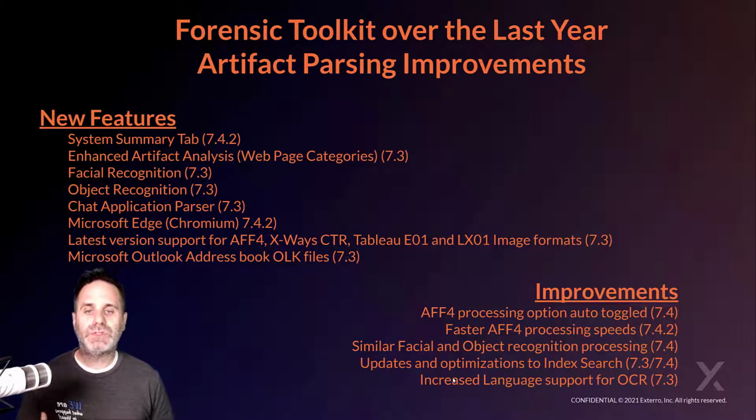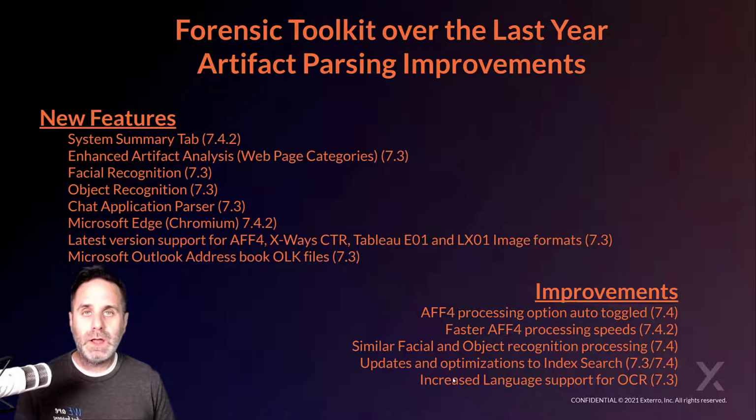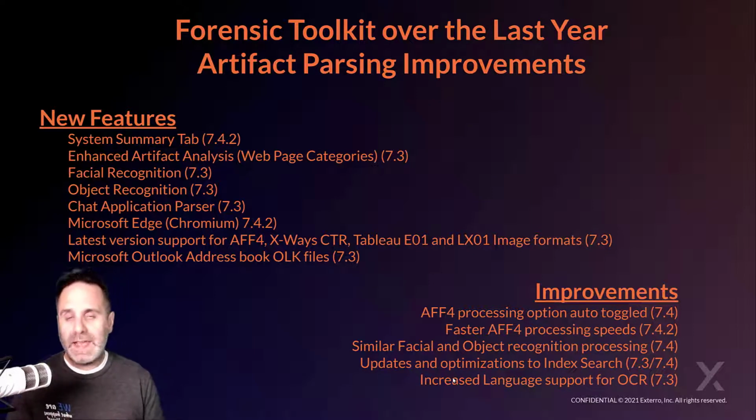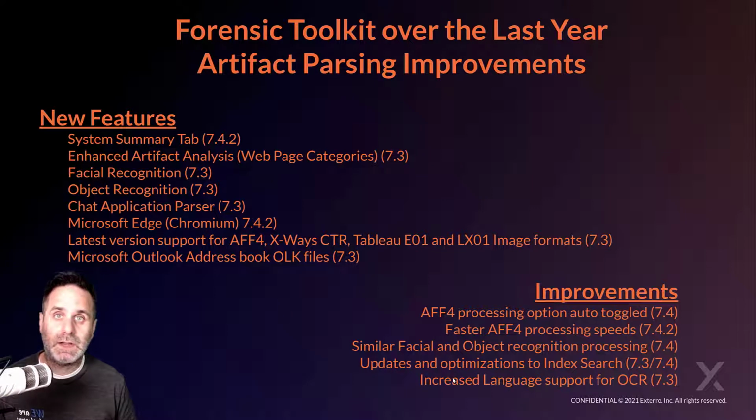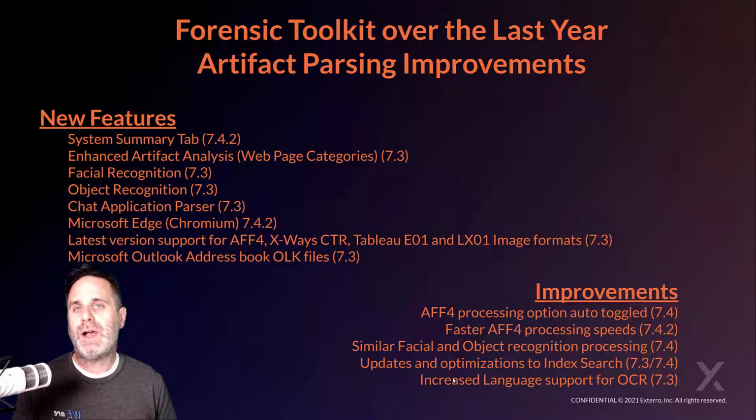Microsoft Outlook address book support, also added in the last year. So improvements to some of these and some of the other stuff. AFF4 processing option is now auto toggled. If it detects that you've loaded up an AFF4 option, it will automatically toggle the expansion option necessary to process that image. Always handy. And we've also improved the rate at which we process the AFF4 images. Again, always a good thing. We also added to our facial recognition, similar facial and object recognition, so kind of an expansion on that feature set. And in the last few versions, 7.3 and 7.4, we've made various improvements to our index searching to make